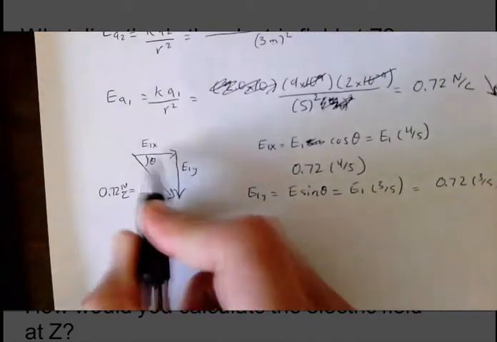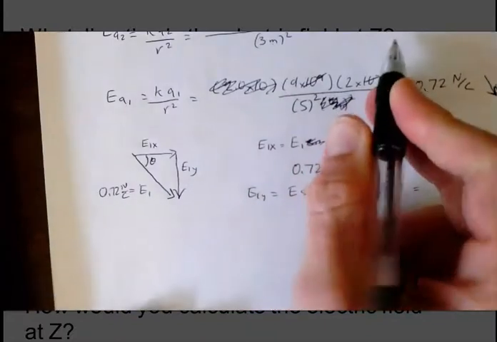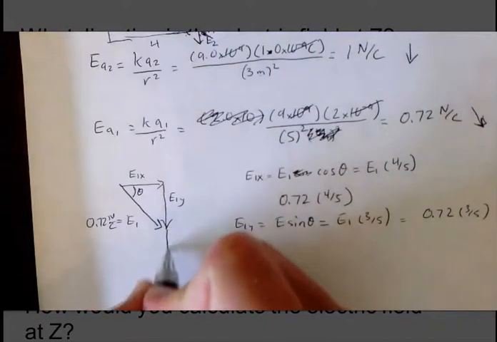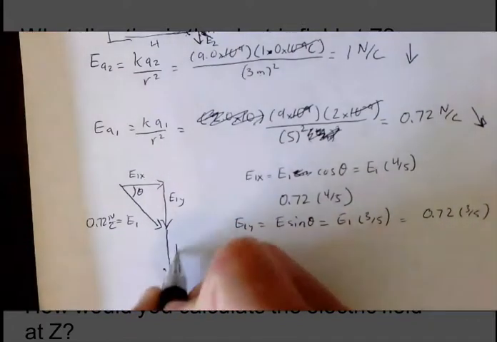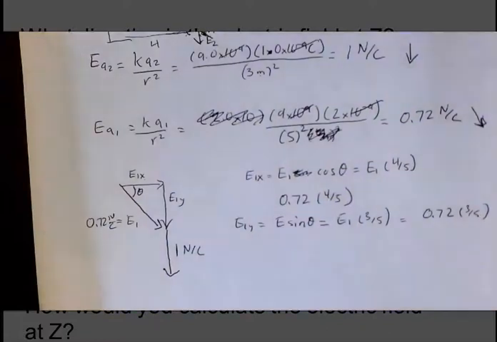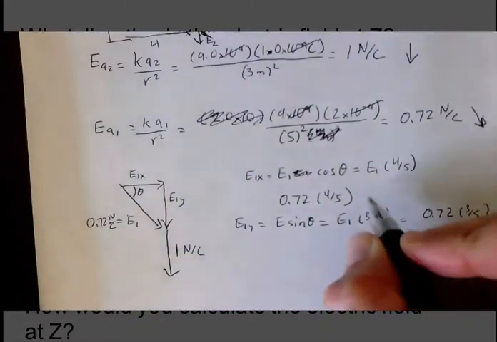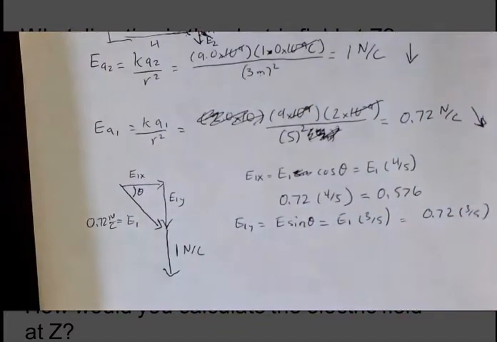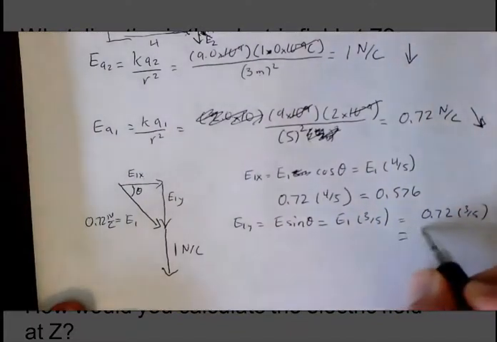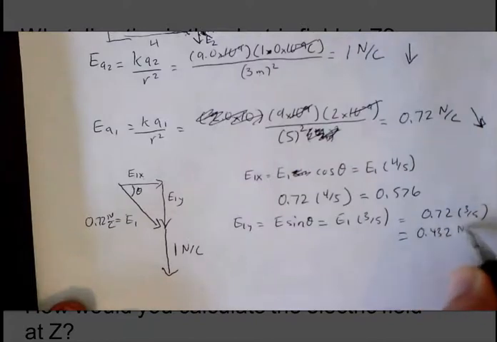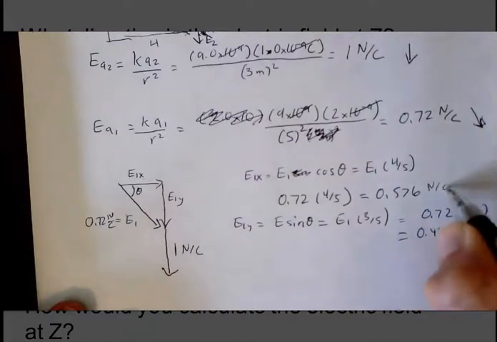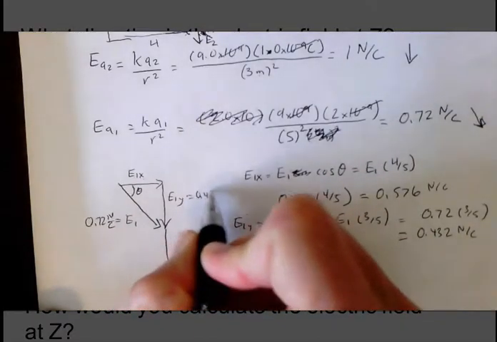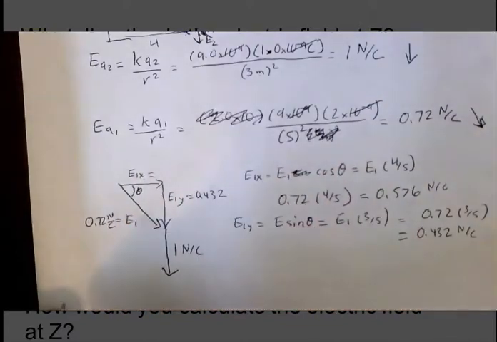but we still have this E2, which was all straight down. So I'm going to draw this. E2 was an extra 1 newton per coulomb. And I believe this here is 0.576 newtons per coulomb. And this one here was 0.432 newtons per coulomb. And so what we would do if we wanted to do this whole calculation is we would take this as 0.432 and this was